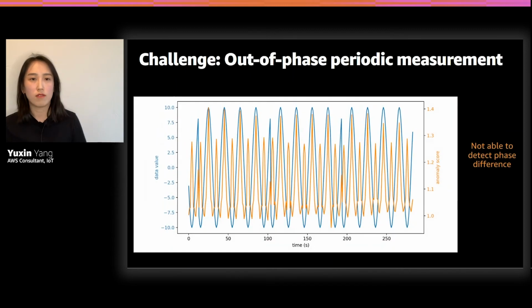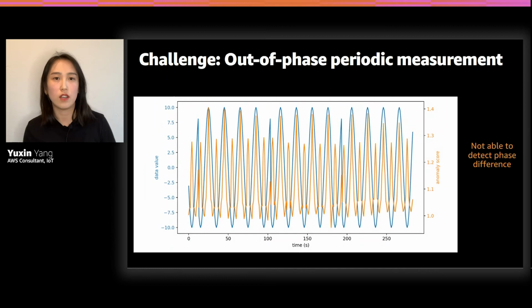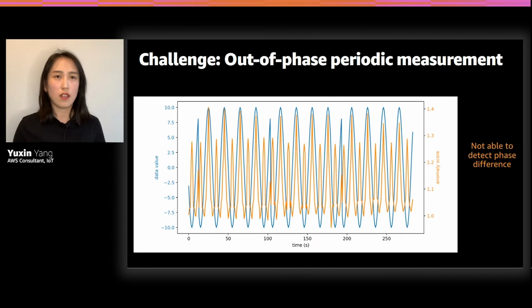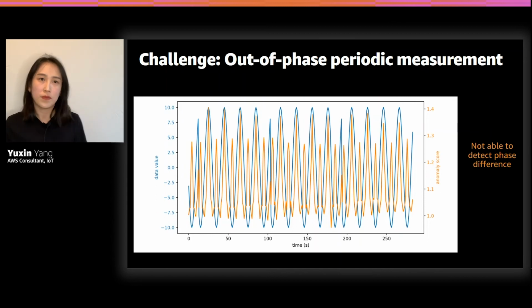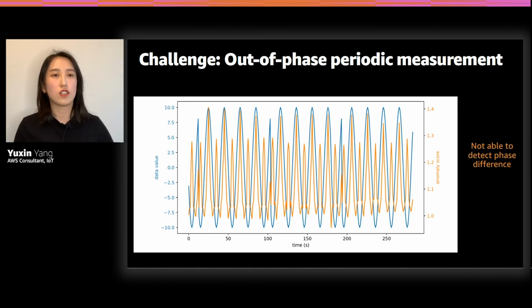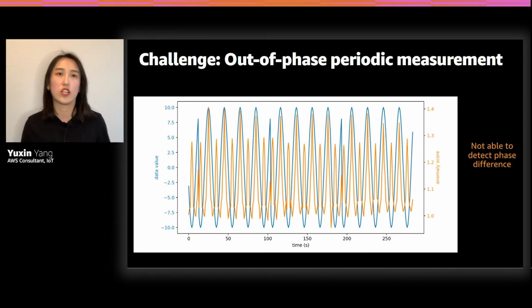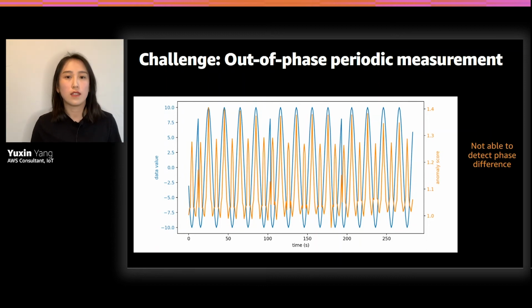Now, so far we have successfully covered the simple cases of anomaly detection. How about this? We have a sine wave, but you can see that this blue line, every once in a while, has its phase shifted a little bit. With this kind of out of phase periodic measurement, as we can see, the anomaly score does not perform very well, and there is no indication that the phase has shifted. It seems like this is a challenging scenario that Kinesis Analytics cannot solve for us. That is exactly why